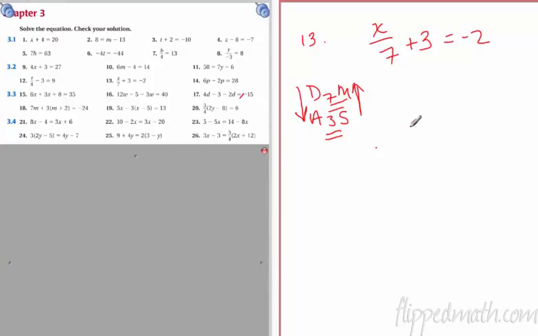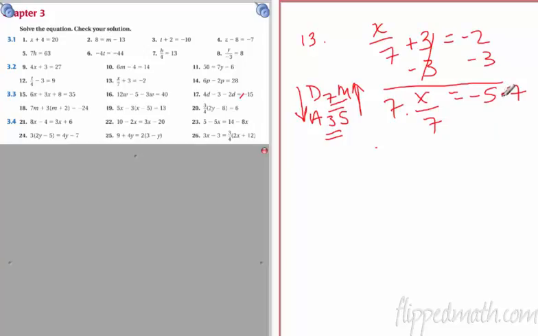Now you just have to make sure that you follow equality properties, that when you subtract 3, you do it from each side of the equation. Draw a line. Remember the equal signs line up. So negative 2 minus 3 is negative 5. And on the left we get x over 7. Now it looks just like the problem we just did. If we multiply both sides by 7,